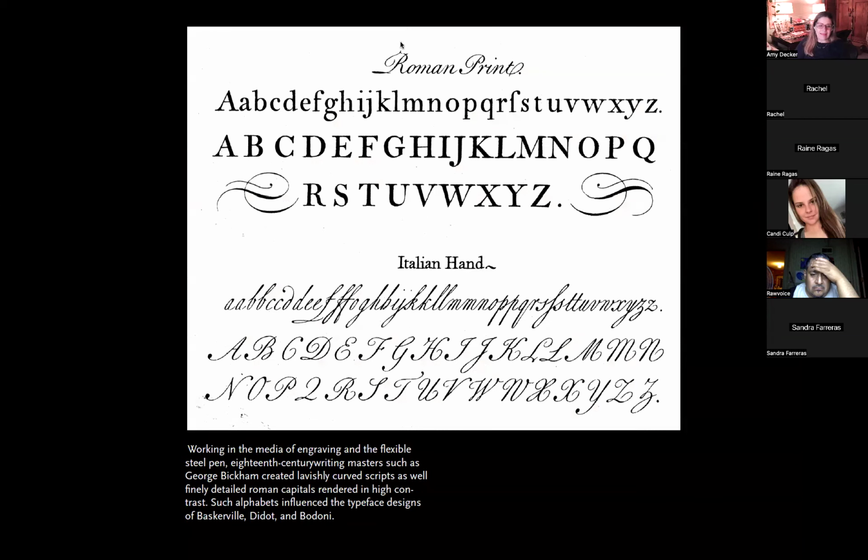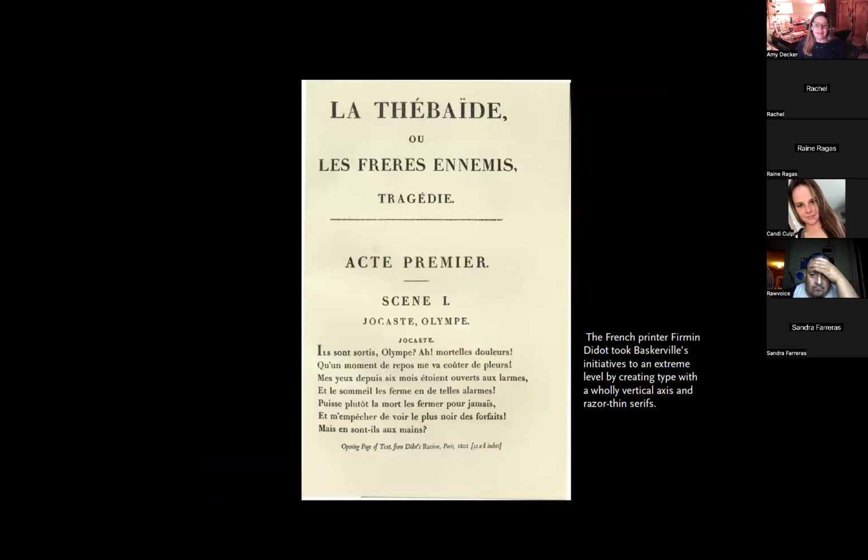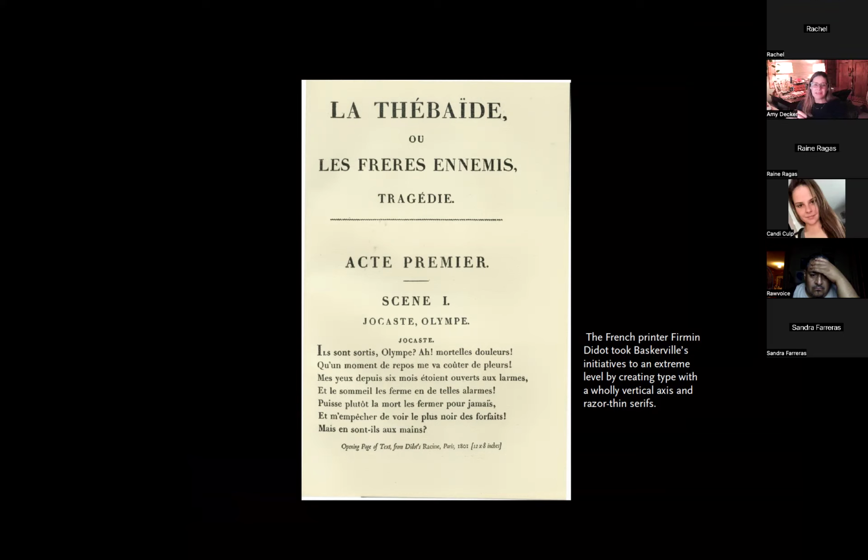And these alphabets were all designed and influenced by Baskerville, and we move into Didot and Bodoni. Didot was in France, Bodoni was in Italy, and they were both creating totally vertical axes, meaning very straight up and down, severe extreme contrast, and razor thin serifs to really push